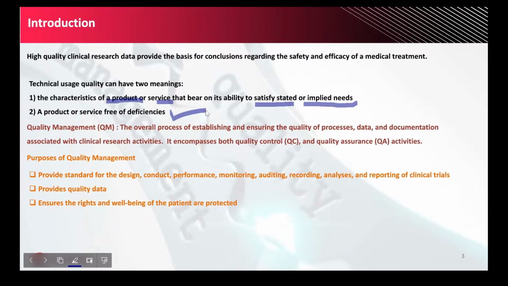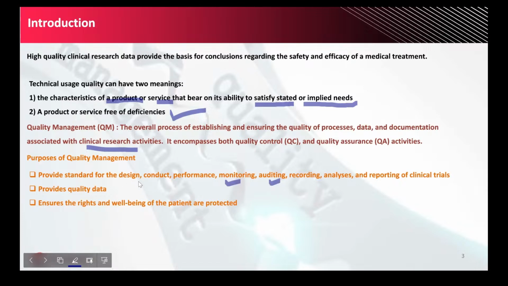So what is the term quality management? Quality management is the overall process, everything that's involved in establishing and ensuring the quality of the processes implemented by the organization, the data being collected by that organization, and the documentation associated with the clinical research activities. Therefore, quality management encompasses both quality control as well as quality assurance activities. The purpose of quality management is to provide the standard for design, conduct, performance, monitoring, auditing,